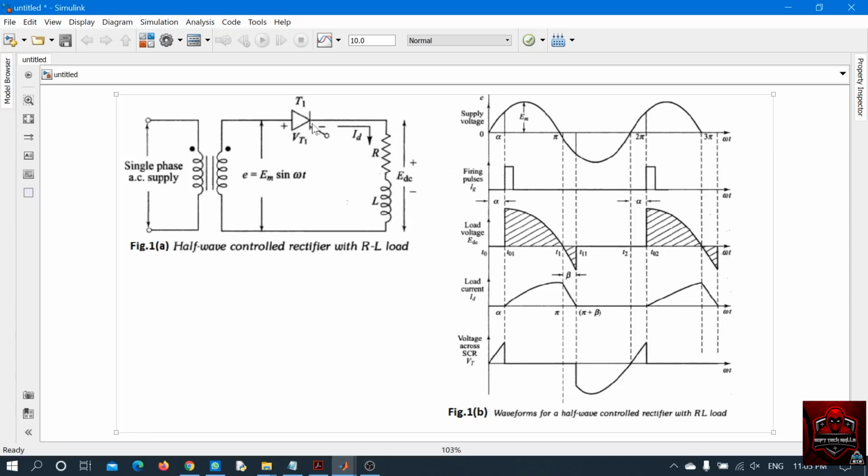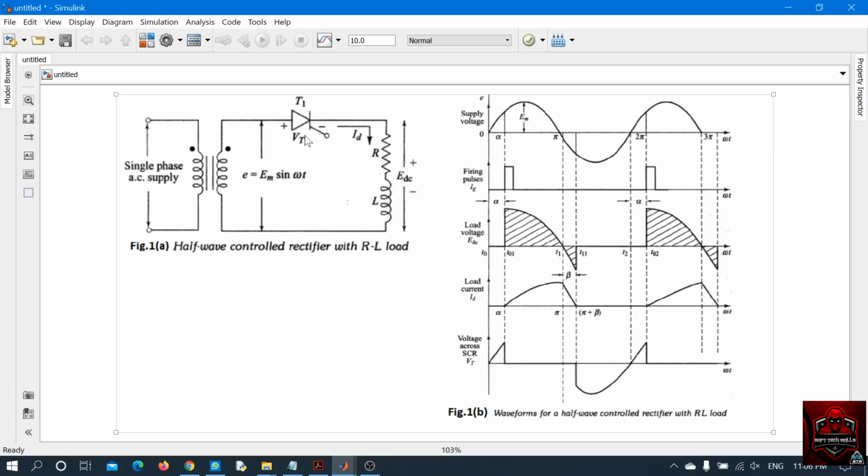Here is the thyristor. Here the thyristor plays the main role. The thyristor is used for switching purpose. We can switch the thyristor to control our output side voltage. When the thyristor is in the turned off condition, the input side voltage directly appears across the thyristor and the output side voltage is 0. And when the thyristor is turned on, the input side voltage directly appears across the output side load.